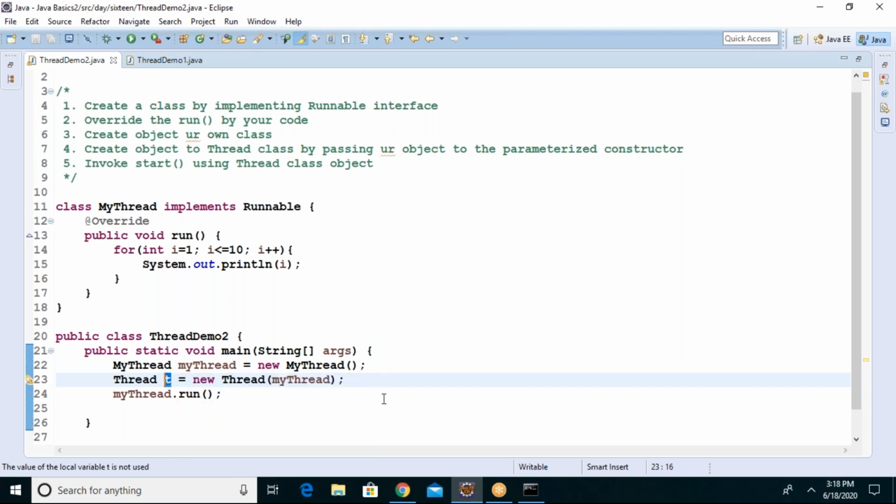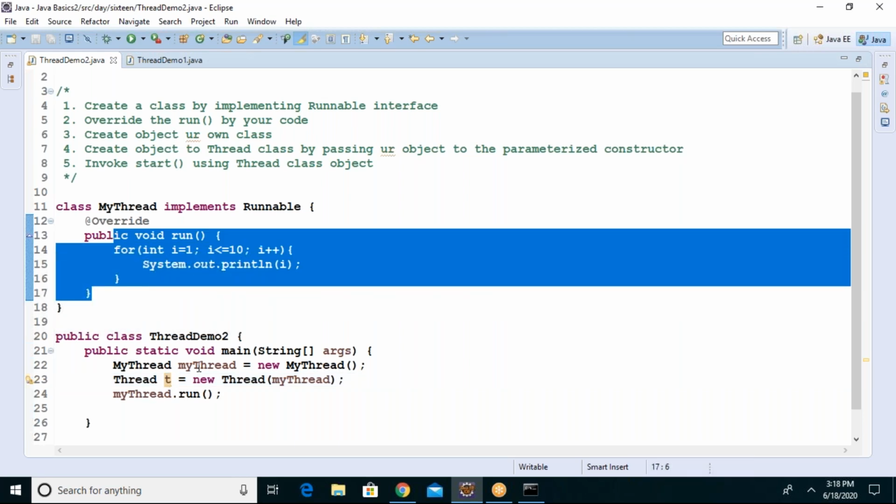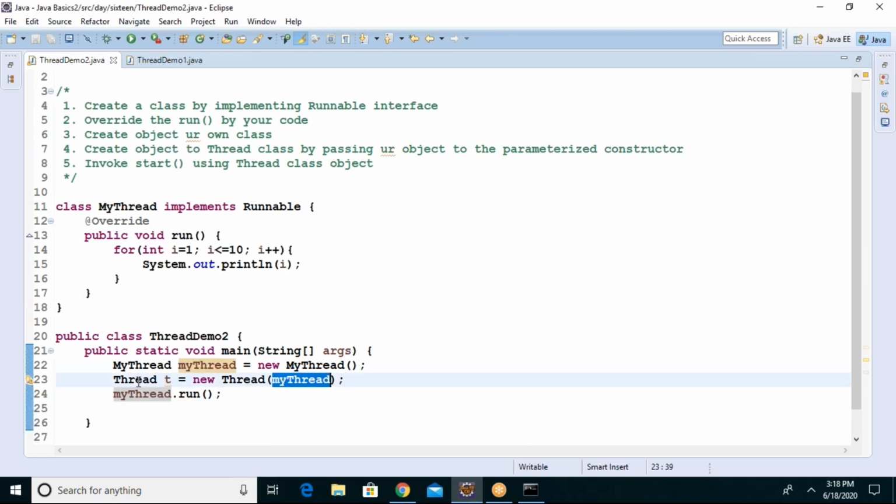Will that be copied or not? So now t contains which run method? My run method or its own run method? The Thread's run method?